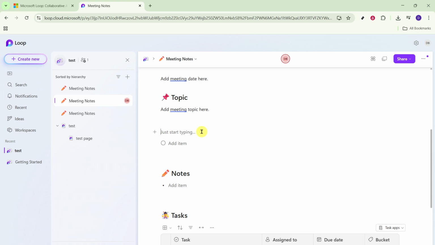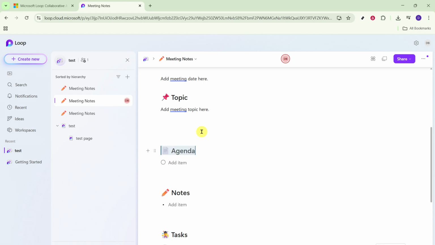A few tips before we wrap up. You need edit permission in the workspace or page to delete components. If you deleted the wrong item, use undo right away or press